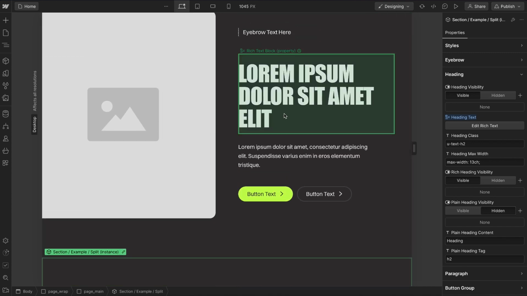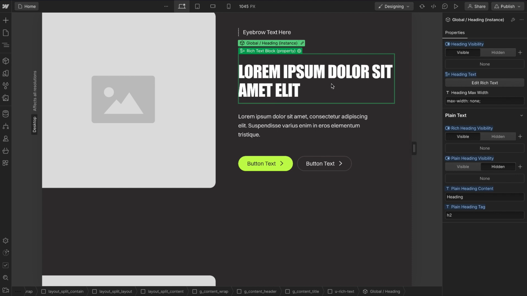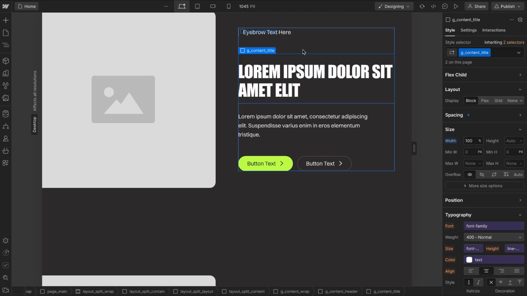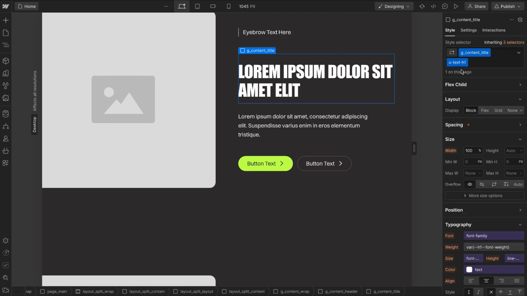Now, if all of our headings had default styles on their tags, then the font size would be based on the tag we chose for that component. So we might make this an H3 and notice how the font size changes. That's not quite what we want. If we want to be able to set the font size based on the section, I might add a U text and set H1 here, but it doesn't affect the text at all if that heading had a default style